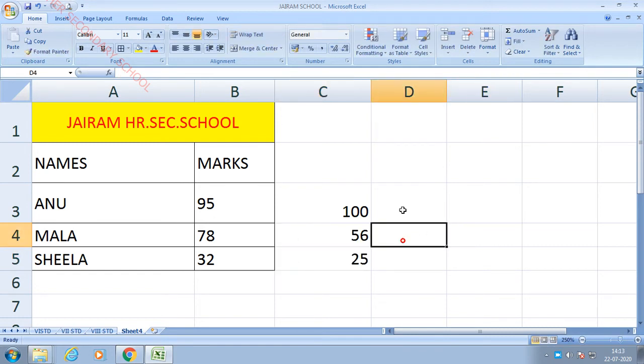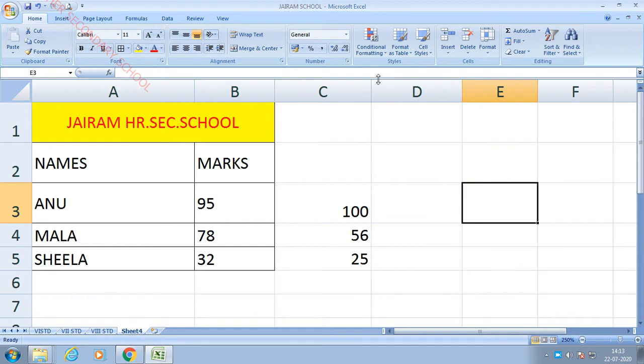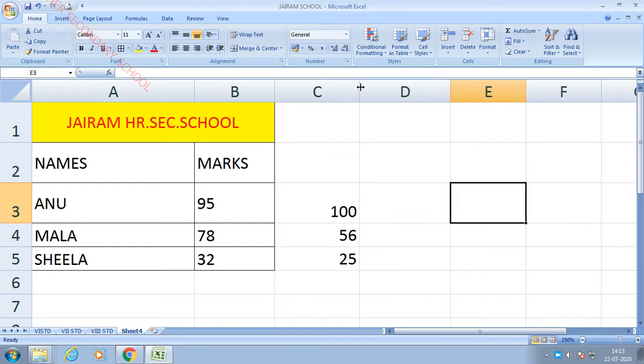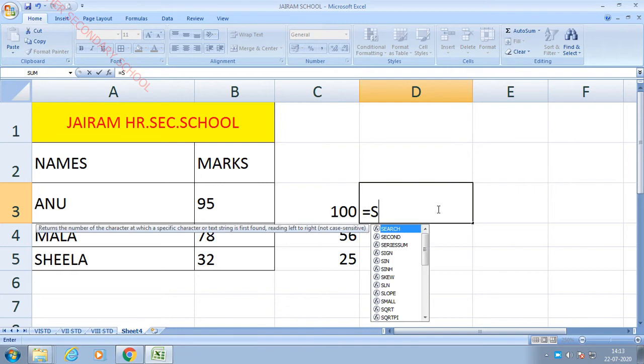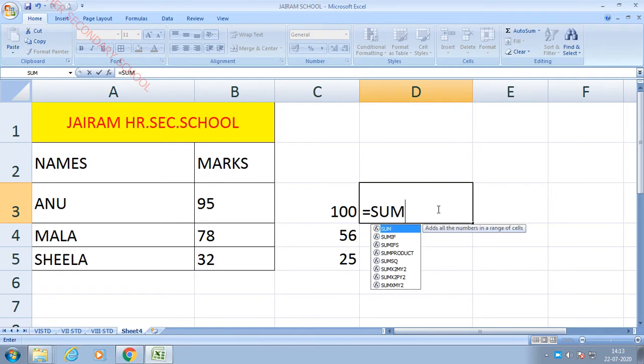Okay, here I'm going to apply a formula. Many methods are there to calculate the data, but I'm going to apply the formula first, then I will tell you the short forms. Every formula should start with the equal symbol. In case you forget to use the equal symbol, you couldn't add the values. Okay, equal sum, because I'm going to calculate the values, so I'm using sum, then a circular bracket, then you have to mention the address of the cell.